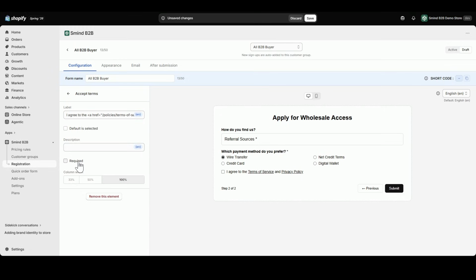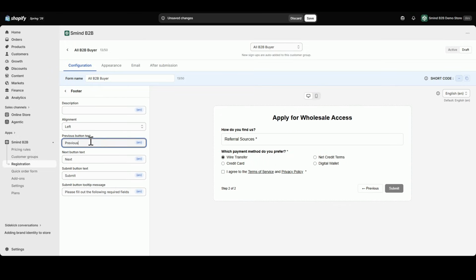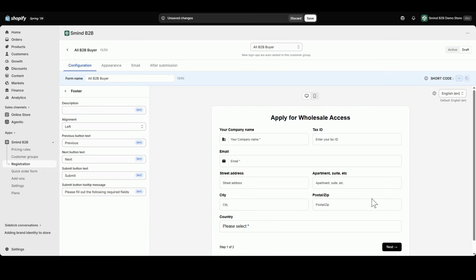Finally, let's click into the footer section to make sure you like how your previous, next, and submit buttons look, and you can change all the labels of each button. And that's it. You've successfully drafted the content of